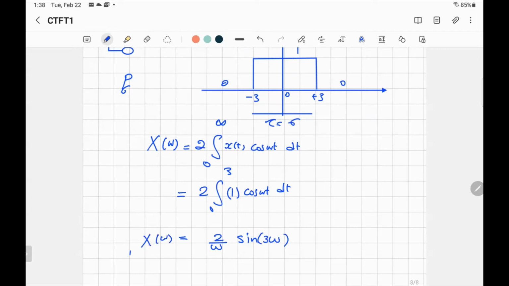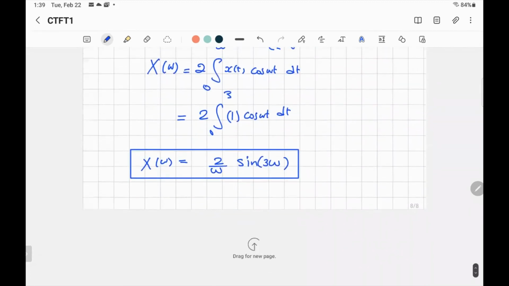Then you got it. What you observe is it's a sine wave but divided by omega, and it's real. It's not complex like the first one, 1 over 10 plus j omega. So sometimes you can find X of omega as a real function, and if it's a real function, you can sketch it. But the other one, 1 over 10 plus j omega, you cannot sketch it, but you can only sketch the amplitude and the angle. But this one you can do it. But there is something